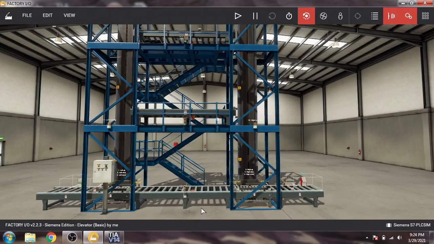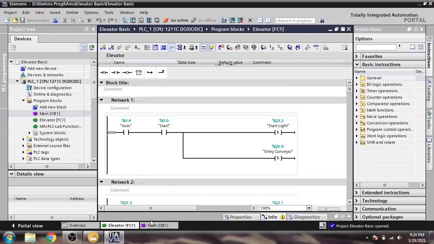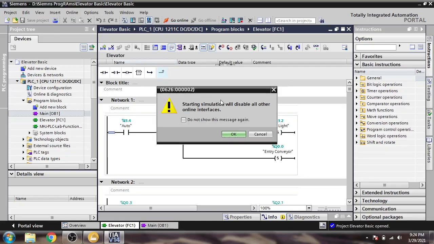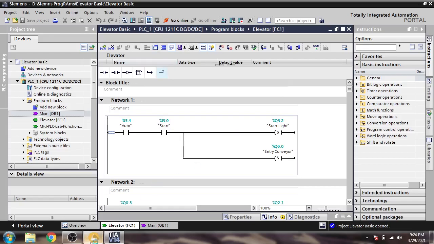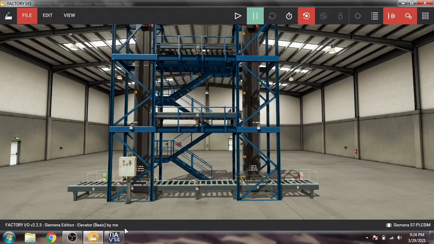Now I am going to show you the programming. I already created it, but I am going to describe it. First of all, I am starting a simulation and connecting it with the PLC to show you.